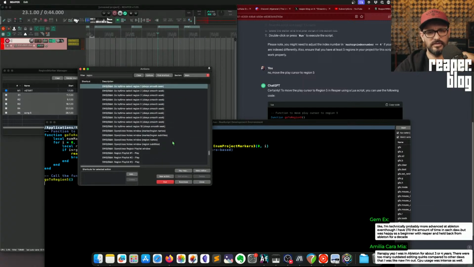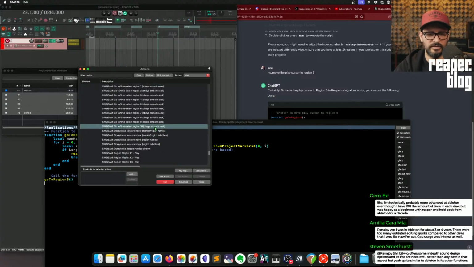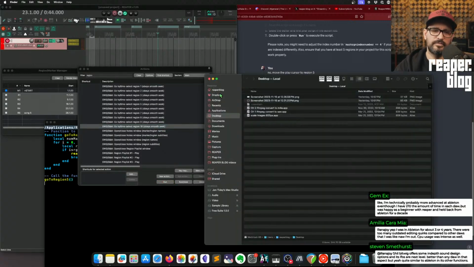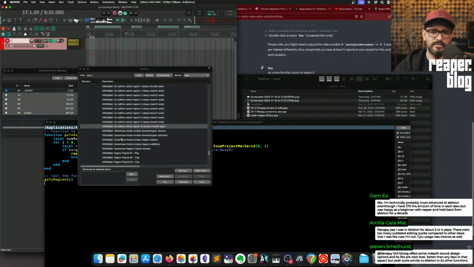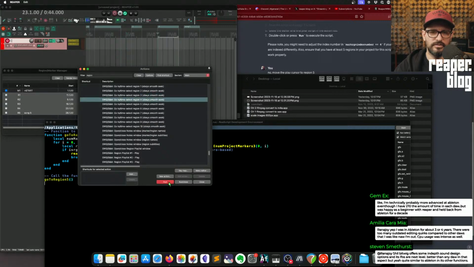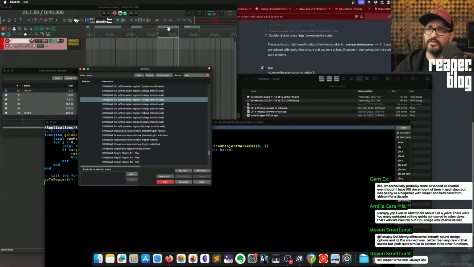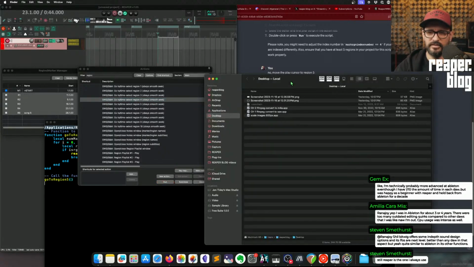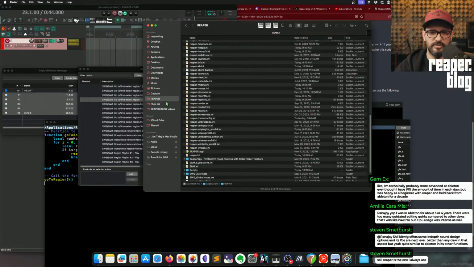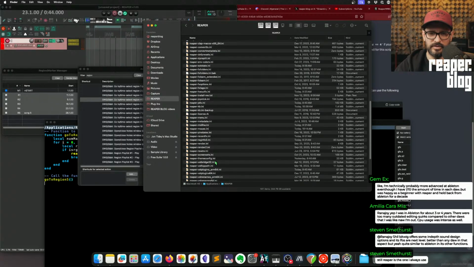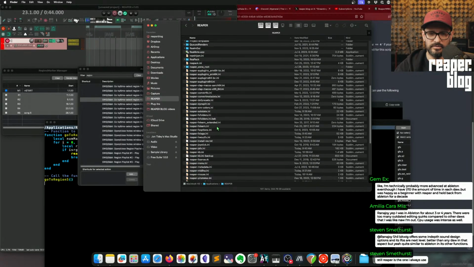There's also the SWS. Go to 10. So if these are okay, let's say region number 4. That goes there and it sets your loop points to it. I don't know if that's good or bad, but you can use that, and that is something that we can customize. So we can go to Reaper folder, we go to snm.ini,